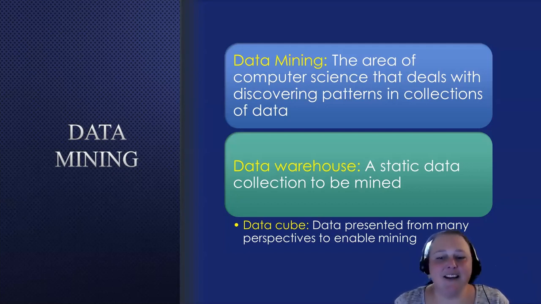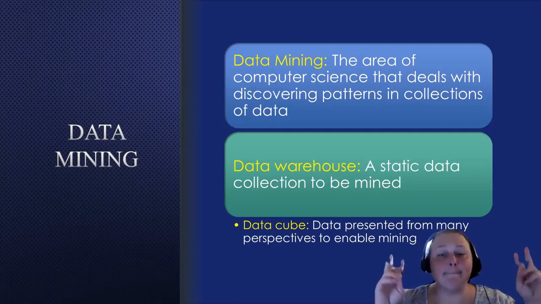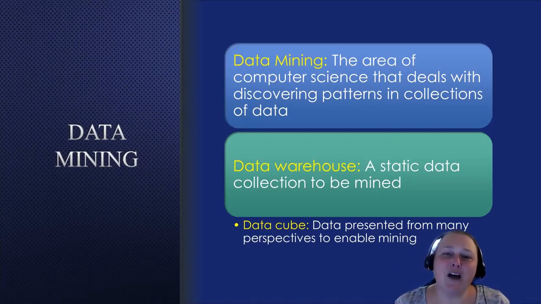A data warehouse is typically a static area of just pure raw data collection that needs to be analyzed or mined, okay? So when we talk about data mining, we're talking about analysis. And a data cube, on the other hand, is data presented from many different perspectives in order to get some additional information for that data